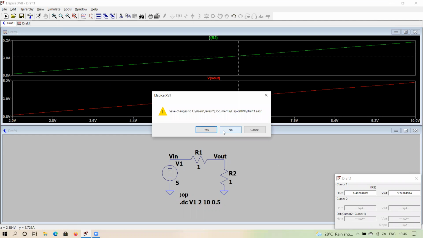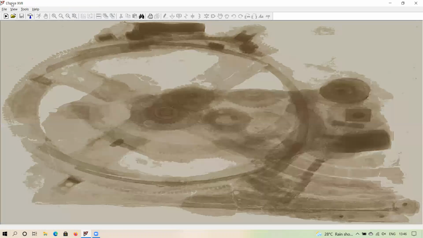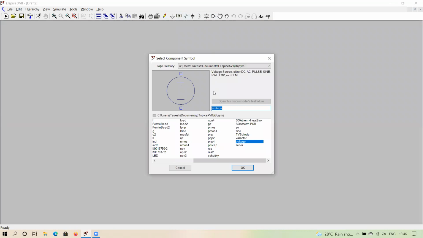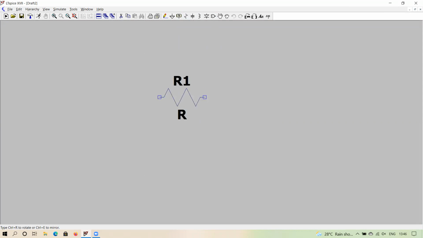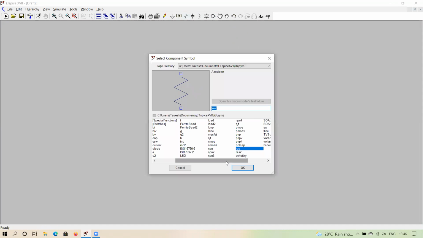Oh, sorry, I'm closing the schematic. Okay. So now we will make a new circuit, let's say an RC circuit. So again, we will go to resistance, then cap,